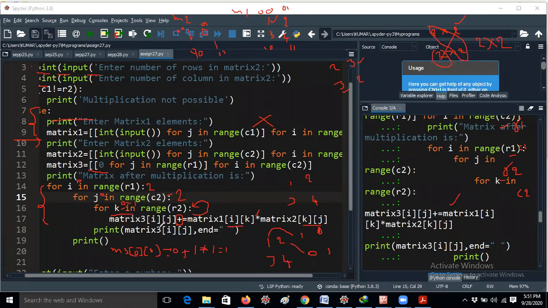Again it will execute like M3 of 0 0 equal to M3 of 0 0 plus. Now M3 of 0 0 value is 1. That means you have to perform 1 plus M1 of ik. M1 of i is 0, and k value is 1, guys. That means M1 of 0 1 value is 2. Here I have already written it like this, you can understand clearly. 2 into, next M2 of kj, k value is 1, j value is 0. That means M2 of 1 0. What is the value at 1 0? 1 0 value is 0 only. That means 1 plus 2 into 0 is equal to 1 only. That means the final value of M3, the resultant matrix, is 1 only.